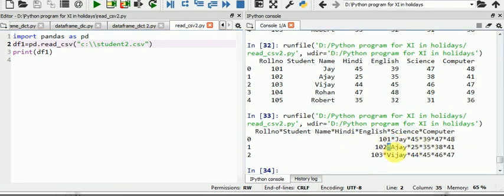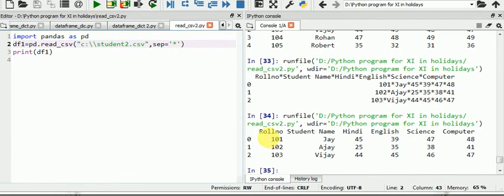Because of the different symbol I used in my CSV file. For that purpose you can use sep equal to and give the symbol you want. So I assign that this symbol is treated as a separator and run this. Now look here, that's the comma separated file. In this example I use the asterisk symbol in place of comma.